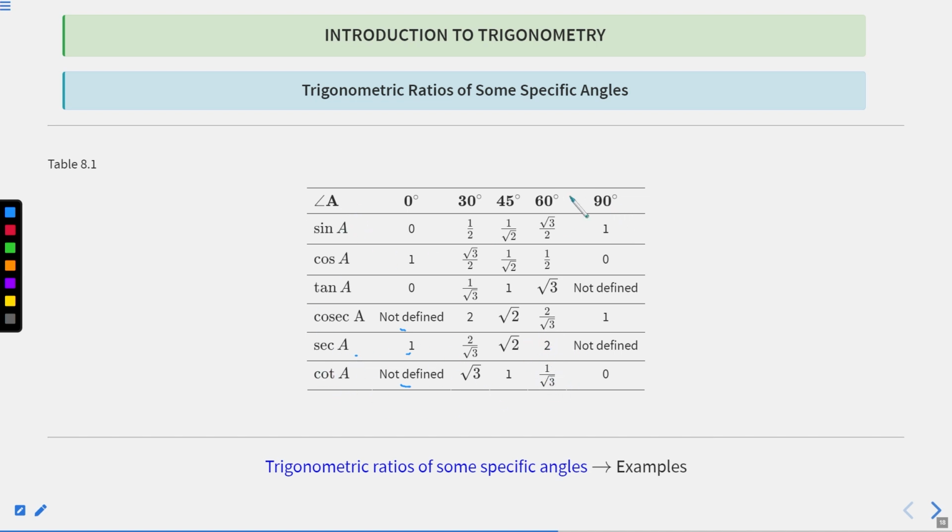And when angle A is equal to 90 degree, then sin A is equal to 1, cos A is equal to 0, tan A is not defined, okay, and cosec A is equal to 1, sec A is not defined, and cot A is equal to 0. Okay, so now